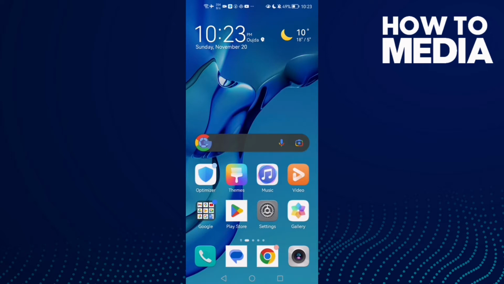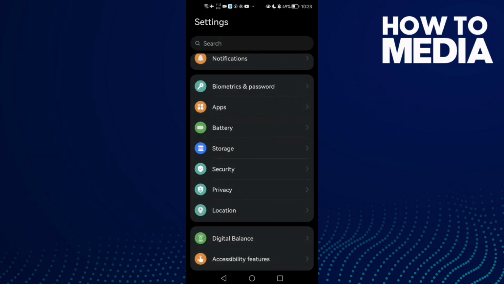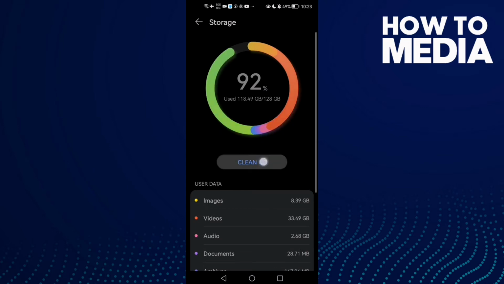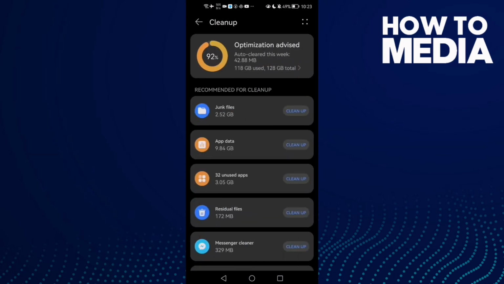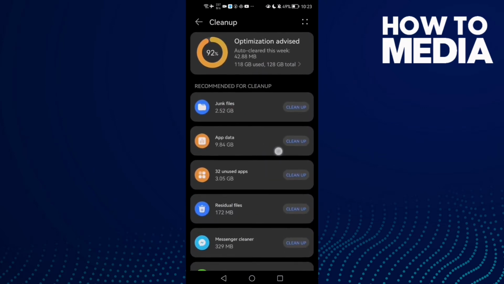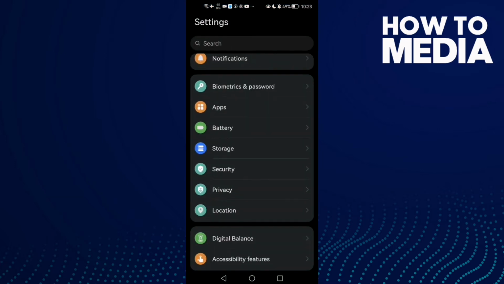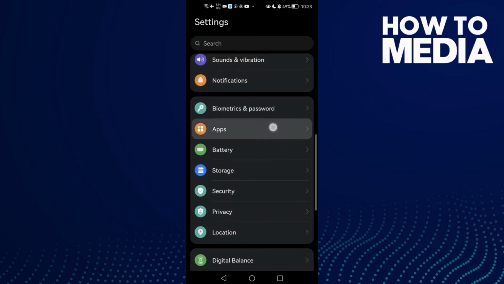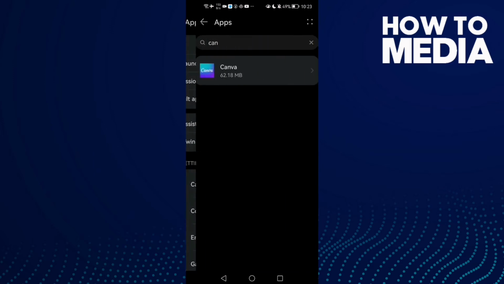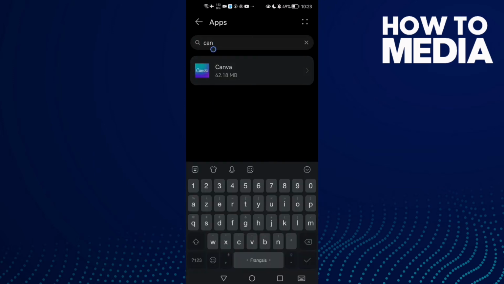First, open settings and then go to storage and then click clean up, and here just clean some space. And after that, if that doesn't fix your problem, go to settings and then apps, and now type here Canva,